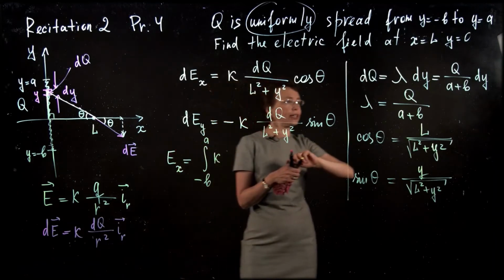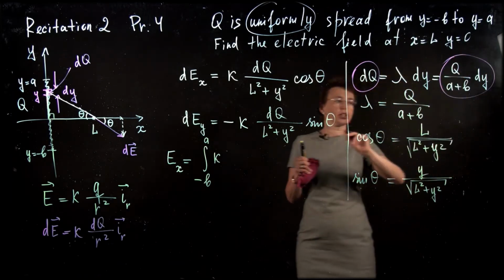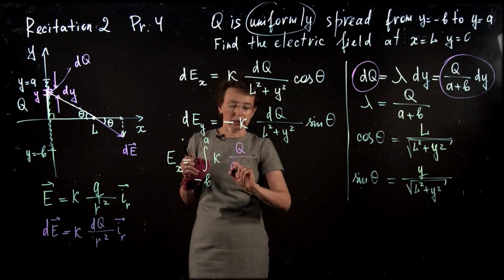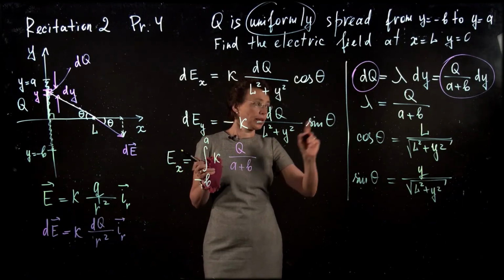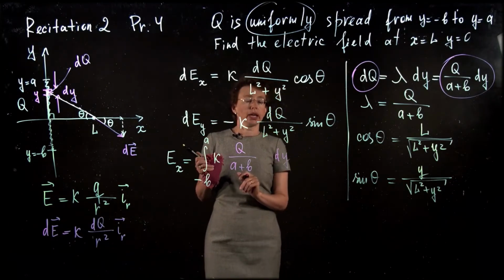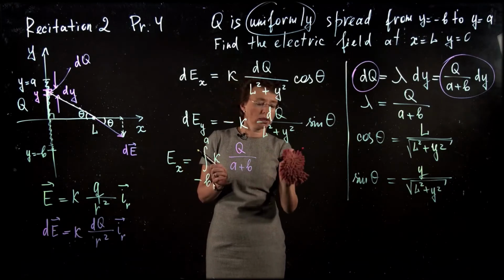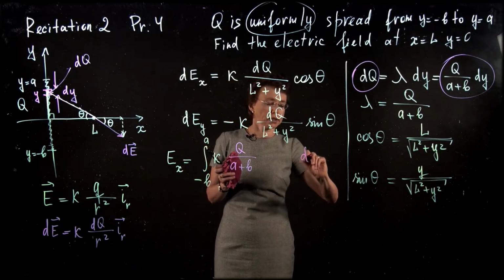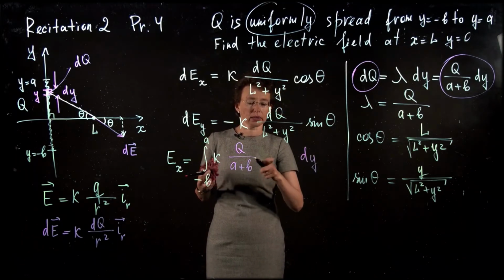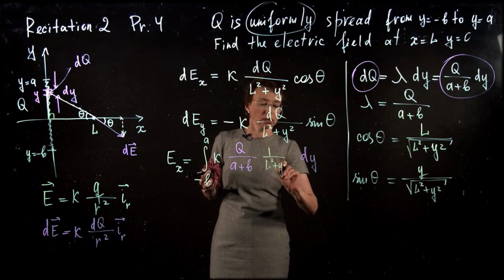I will write dq in red. dq is q over a plus b dy, and I also have here L squared plus y squared. Let's leave dy here. This is dq, and then I have 1 over L squared plus y squared, this guy,